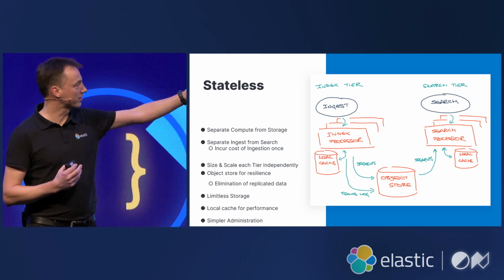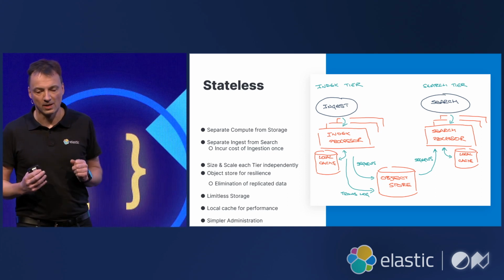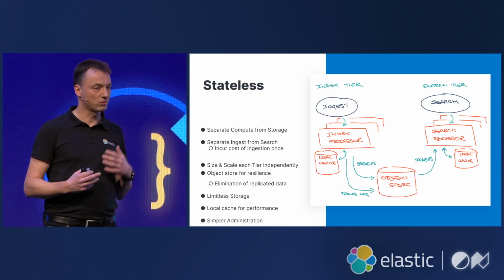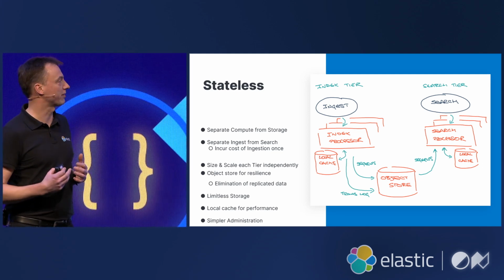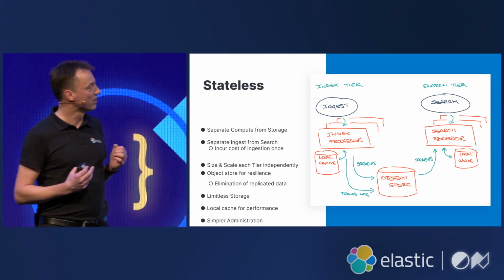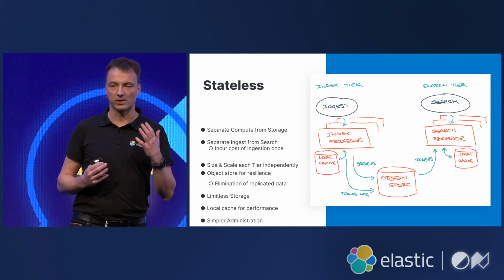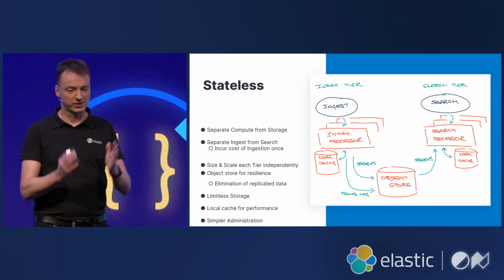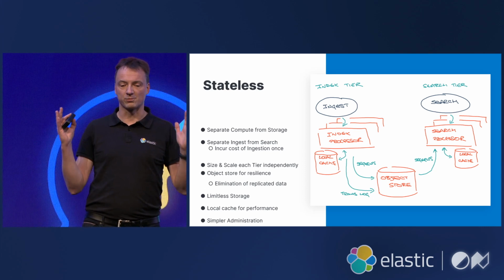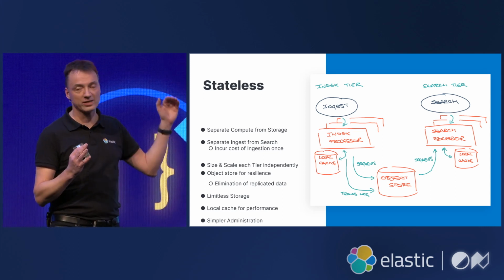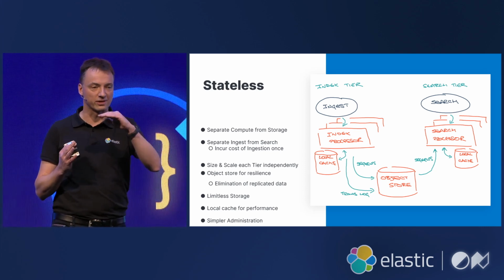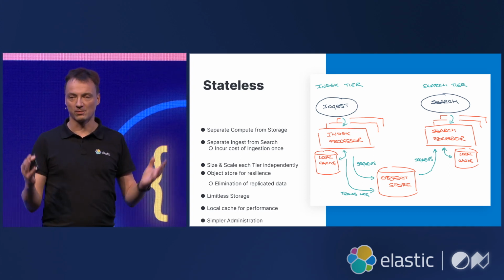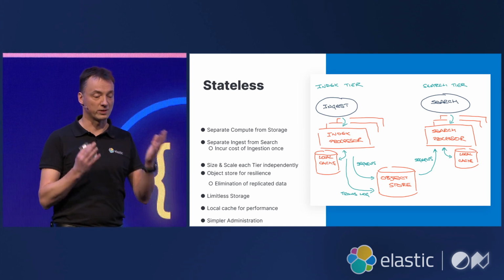Similarly, the indexing tier will do caching as well, depending on the type of indexing. Append-only versus update workloads will have different caching needs, but there's caching here as well in order to ensure adequate indexing performance. So we've effectively separated indexing from search with no real data being transferred directly between the tiers even. And we can almost see that there's very little risk of performance interference between these two tiers.